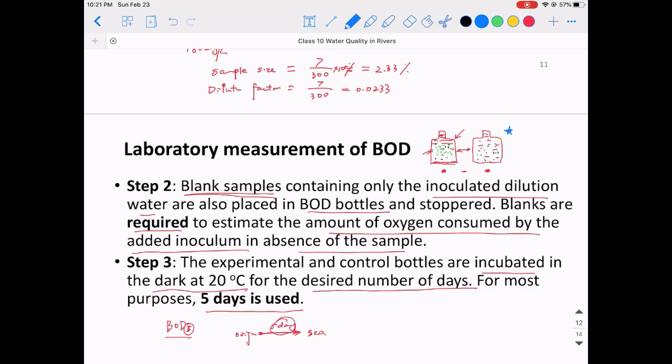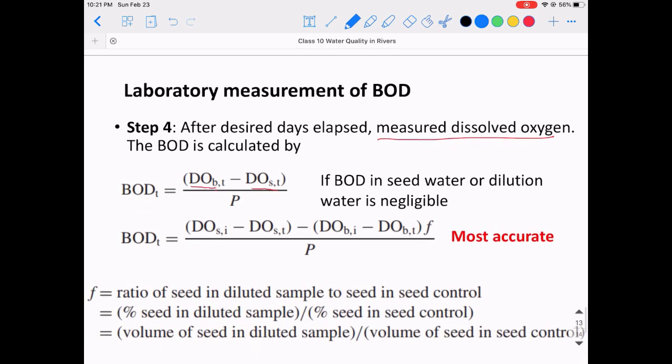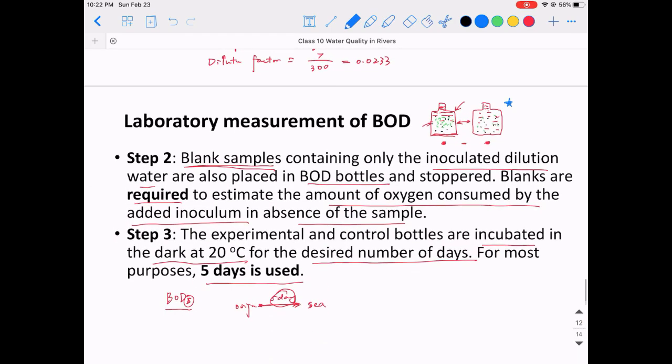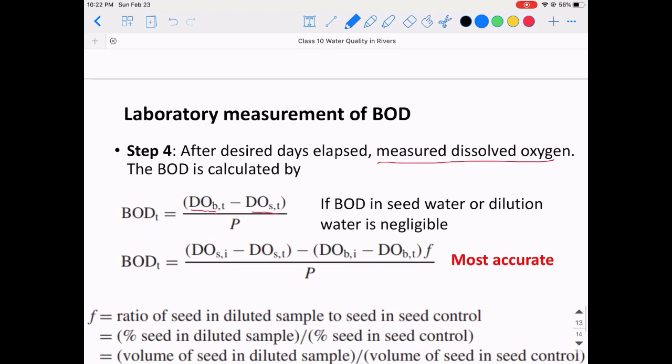It's going to be this bottle, right? Because this bottle almost doesn't contain the organic materials. Okay, and because of that, it's going to consume less oxygen, and that's going to give us more dissolved oxygen in the control bottle. All right, so that's why we put the control bottle, the dissolved oxygen first, minus the dissolved oxygen in the sample bottle, and this is going to give us